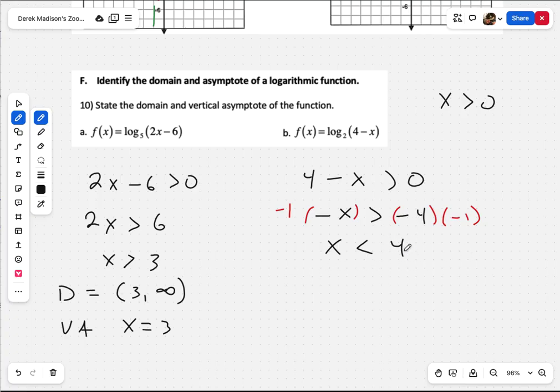So our domain, which does make sense, if I put 3 into this function, it stays positive, right? 2, 1, negative 1, those would all be positive. But if I put in 5, it comes up negative. And that's because of that minus. So our domain here is going to be from negative infinity to 4. You can also see that it has the negative on the x, so that's that reflection across the y-axis. And then vertical asymptote at x equals